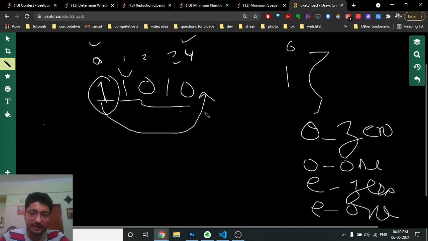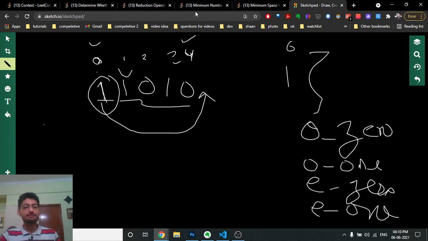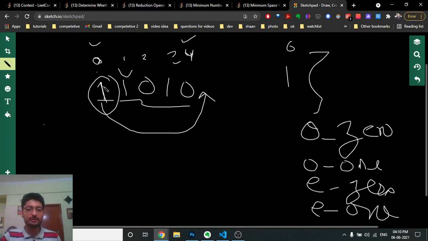Because see, in the original even length string, we just swap the number of zeros and ones at the even positions and odd positions. But in this case we cannot swap them directly, because it causes a problem: the number of 1s at the 0th index remains the same, but in that case it does not. So we first remove this bit from the equation, and now the string becomes even. Then we swap the number of zeros and number of ones, and then add the one at the even position again.